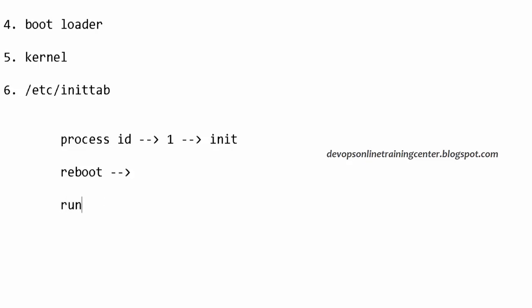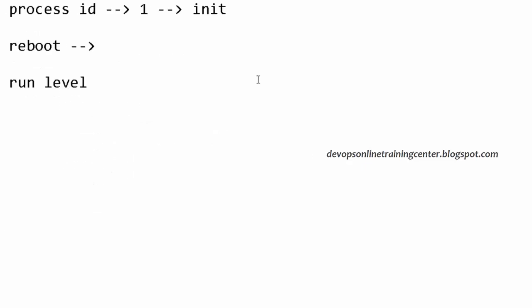So there is also something called run level, right? There are different run levels available. Based on the run level we select, the machine will boot up. By default there will be a run level which is run level 5, right? If you want your machine to be used by only one user, there are not many users, we can boot the machine in run level 1. That is like only one user can use it and he will be the administrator. There is no network, right? So there are different purposes for each run level, right?